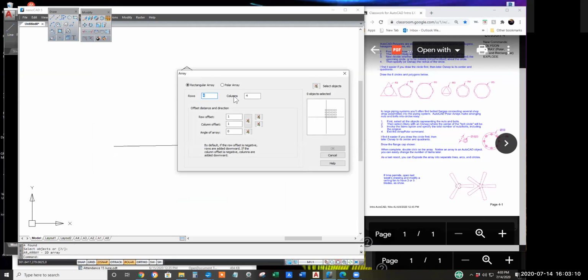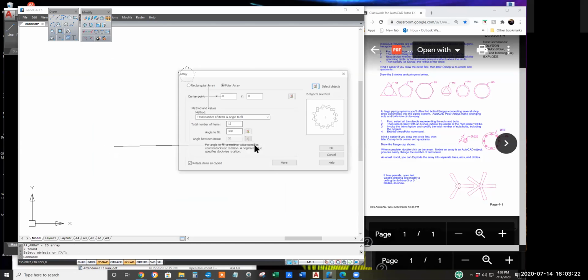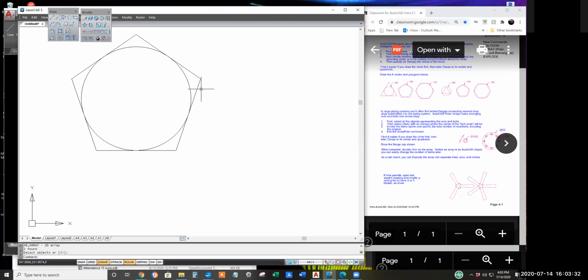Click Array, click Polar, change it from, what did I have before, 8, make it say 12. Select the same objects again and click OK, and nothing happened. I think I just replicated 12 on top of themselves again. Always something.